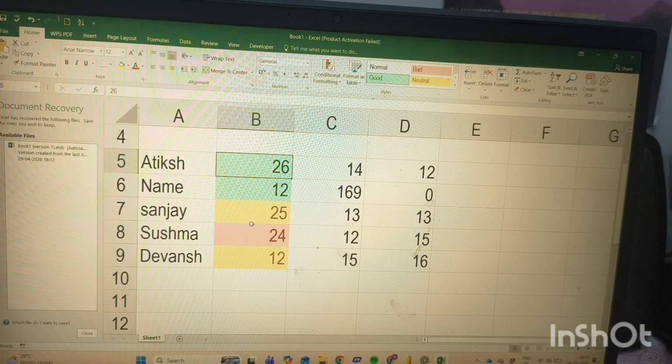Are you watching, guys? Are you observing what I have done here? I have selected green color, and there was a written syntax that if you select the cell where you want to sort, that will come on the top. So the green has come on the top. 26 and 12, there were two cells of green color. They came on top.